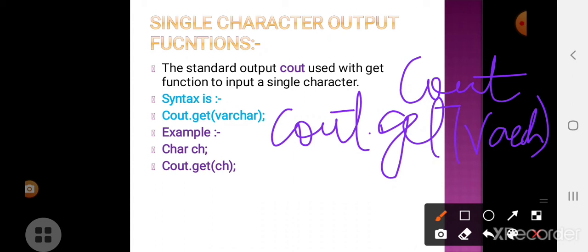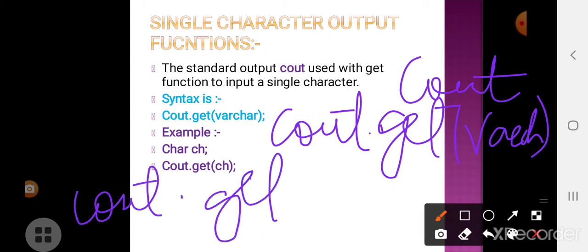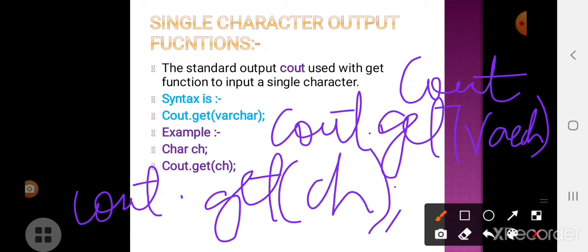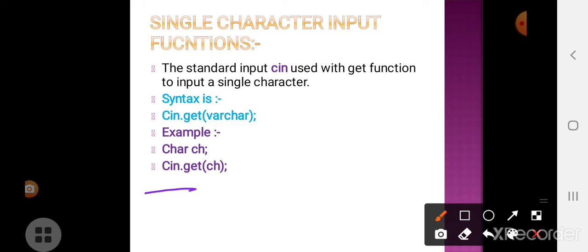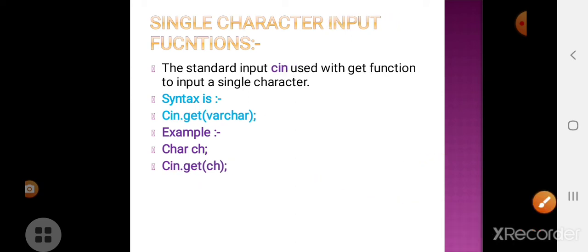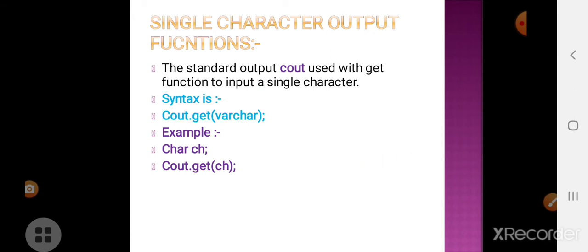The example is cout dot put ch. So whatever character we inputted, that character will be outputted. Here the same thing is used, but we use cout. In the previous example we used cin dot get varchar, and here we use cout dot put varchar.